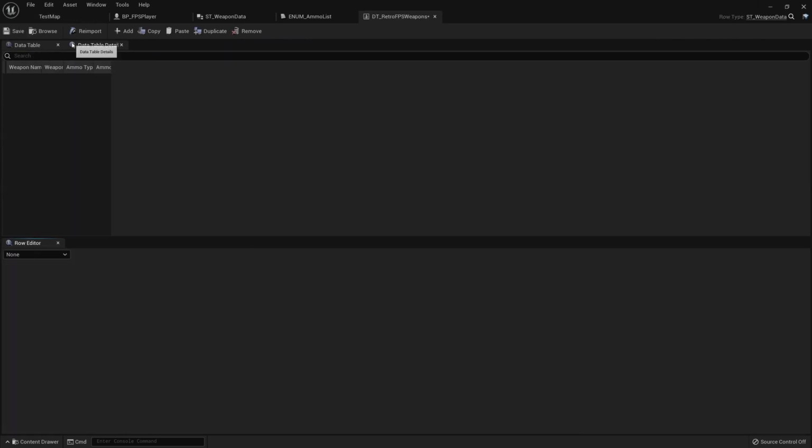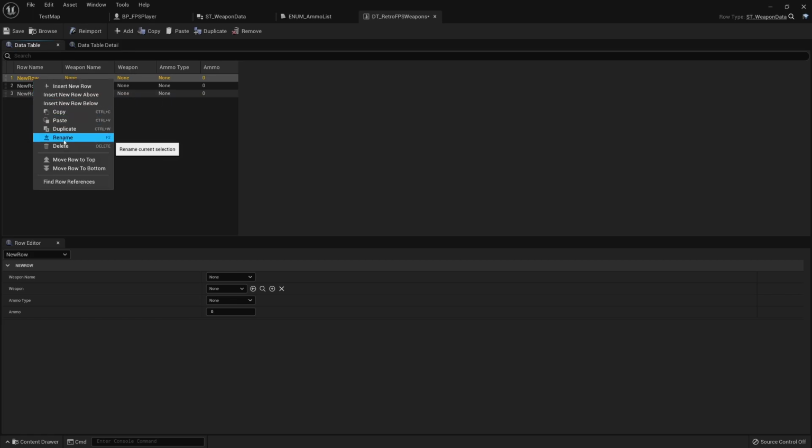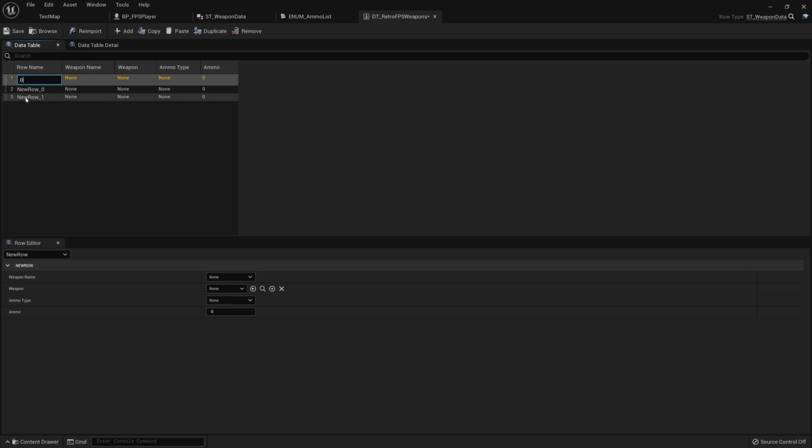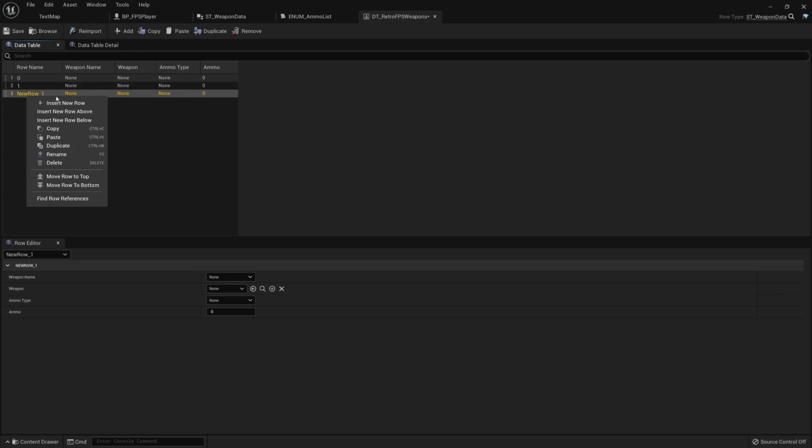In the data table itself, we'll add 3 total rows, and we'll split this out a little bit so we can see it better. The top one, we're going to rename to 0. The next one we'll rename to 1. And the third we'll rename to 2.